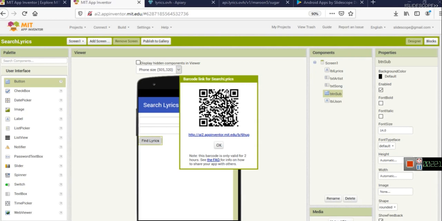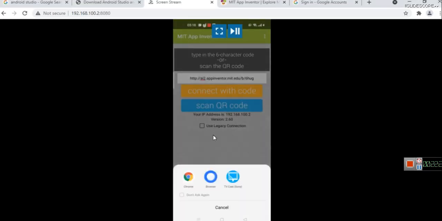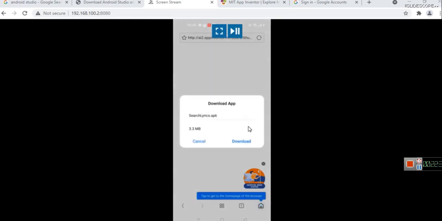Now what I am going to do is click on scan QR code, and now you will see, once the scan is done, this URL is typed here. You can open it with your favorite browser, and the application will start to download. Click on download, and we'll use the package installer. Install it. The app is installed. Open, and now you can see,